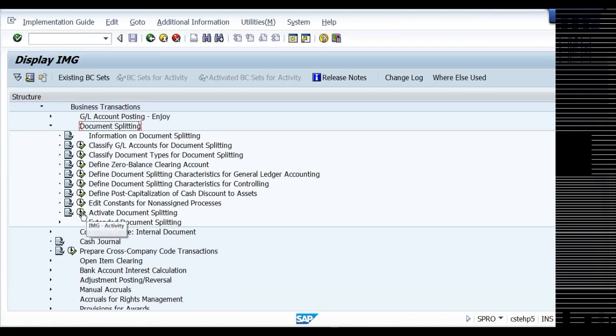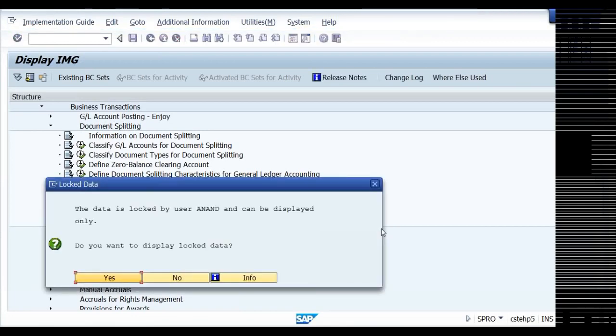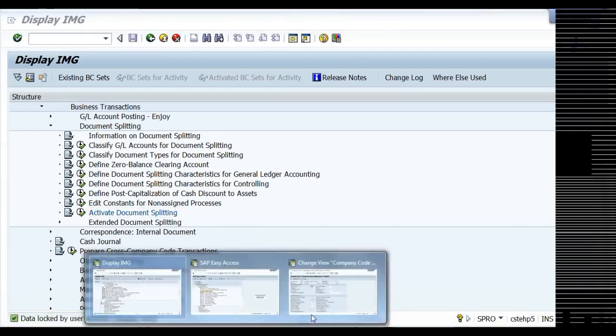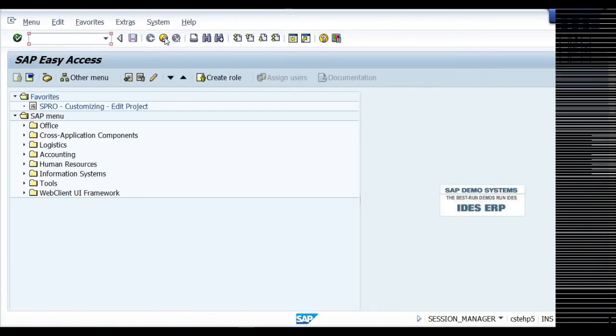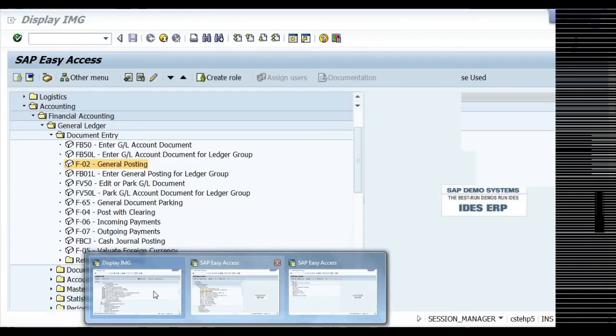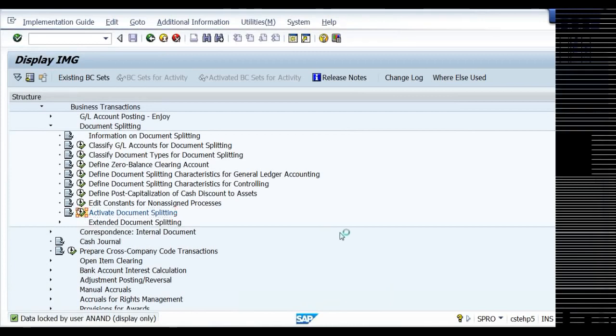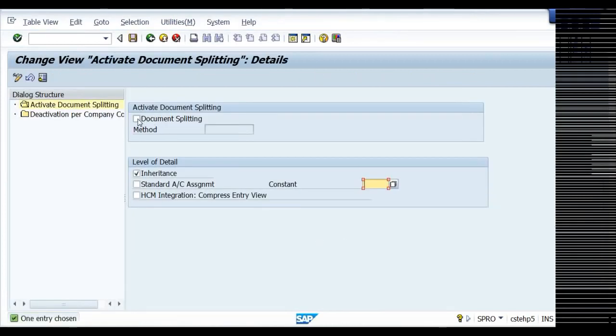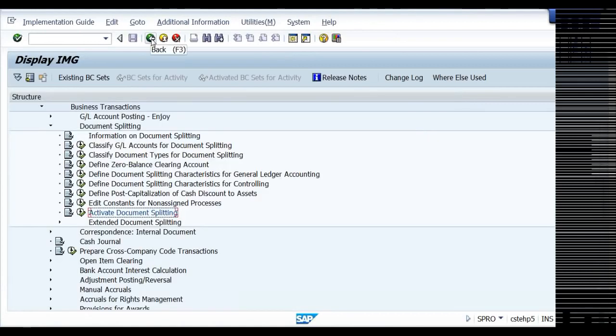Click on activate document splitting. Here there will be a check mark. Remove this check and save it. Then your problem will be solved.